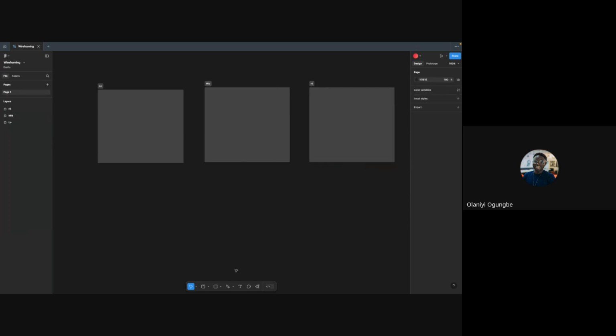So now, just like I said, the OG for wireframing is basically pen and paper, but I can't show you guys pen and paper right now. I'm not on my phone, and I don't stand on my camera, which will even make it hard. So I'm just going to use pen and paper from Figma. Hopefully everything pans out fine.